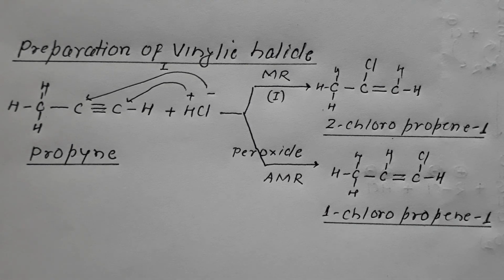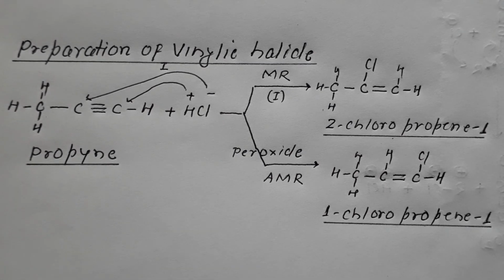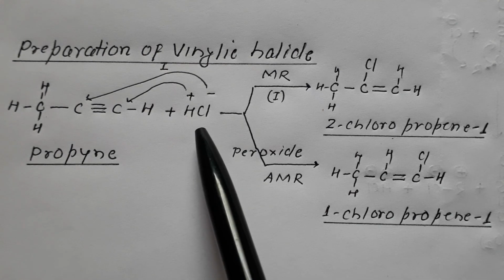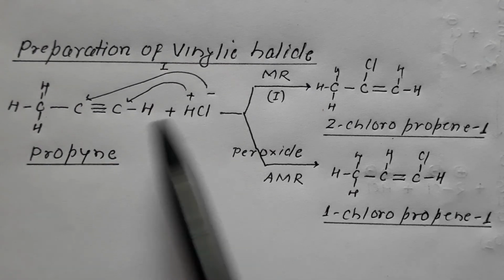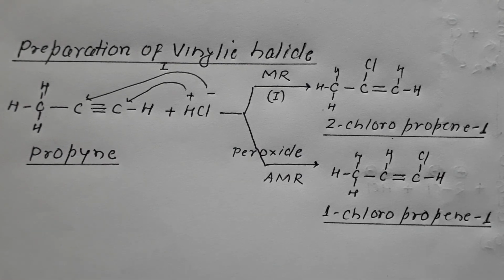So we have discussed the preparation of haloalkane by halogenation of alkane. Then we have discussed the preparation of haloalkene. Two types of haloalkene are there. One is allylic, the other is vinylic. We have discussed both the preparation of allylic and also of vinylic. In case of allylic, the reaction is similar to alkane, but in case of vinylic, it is through addition. One of the methods is through addition of HX to the unsaturated hydrocarbon, that is alkynes.